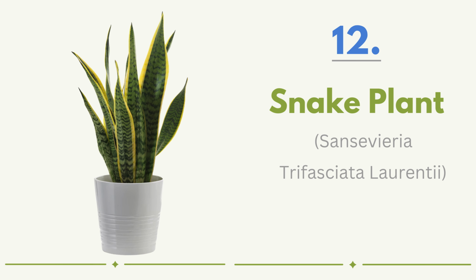Snake plant is one of the toughest and most budget-friendly plants because it can handle low light, dry air and long stretches without water, making it perfect for people who travel or forget to care for plants. It has tall, sharp leaves that make any room look modern and stylish without spending money on extra decor. NASA research shows snake plants help remove indoor toxins and even release oxygen at night, so they quietly improve air